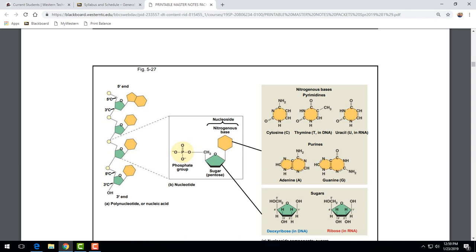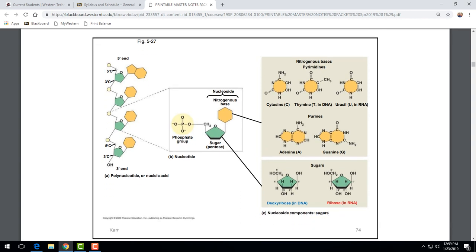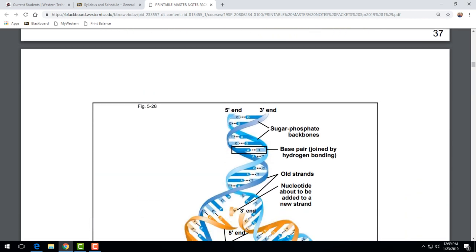So when you look at DNA structure, the sides of the ladder are sugars and phosphates in a repeating pattern, and then the nitrogenous bases form the rungs of the ladder, with the adenine of one side of the ladder bonded to the thymine of the other side of the ladder. And like I said, we're going to build a molecule together to really make this a hands-on type of learning